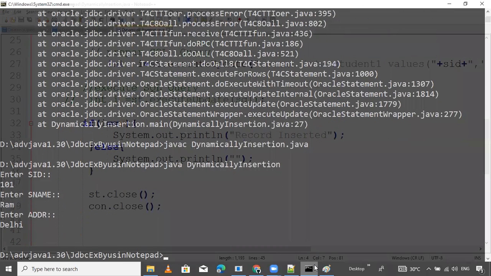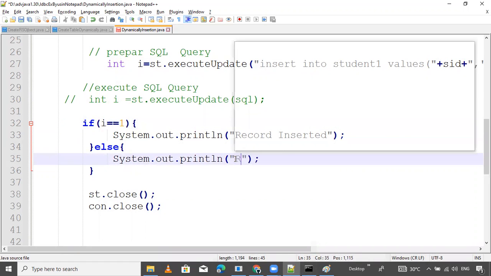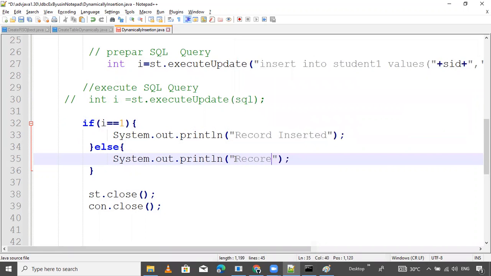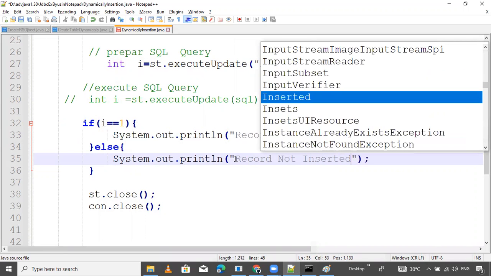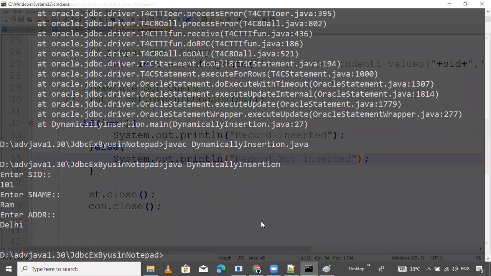Now tell me, the record is inserted, but why is it not printing anything here? Yes, it's one. Record is inserted. Run one more time.